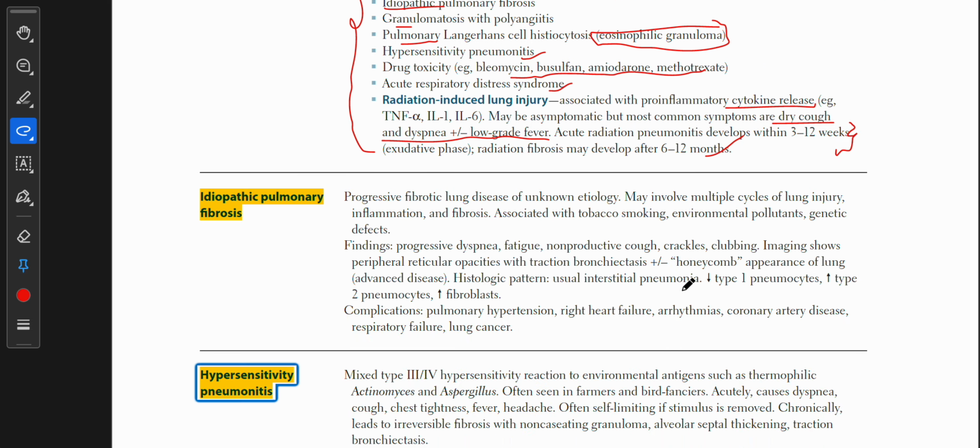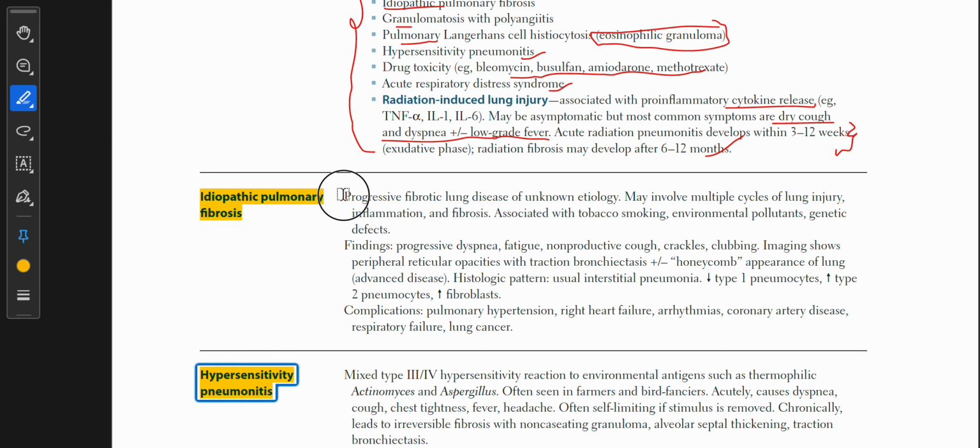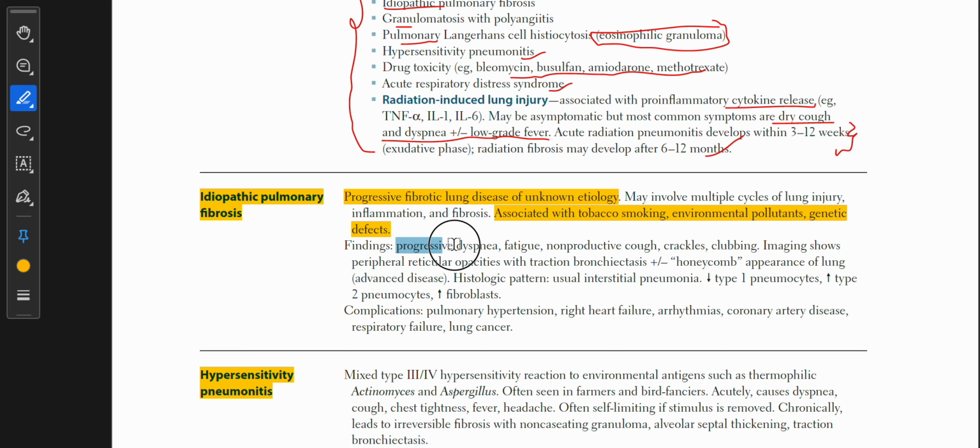So idiopathic pulmonary fibrosis, let's tap into that. It is a progressive fibrotic lung disease of unknown etiology. Since it is idiopathic, it is obviously of unknown etiology, and it may involve multiple cycles of lung injury, inflammation, and fibrosis associated with tobacco smoking, environmental pollutants, and genetic defects. The findings are progressive dyspnea, fatigue, non-productive cough, crackles,